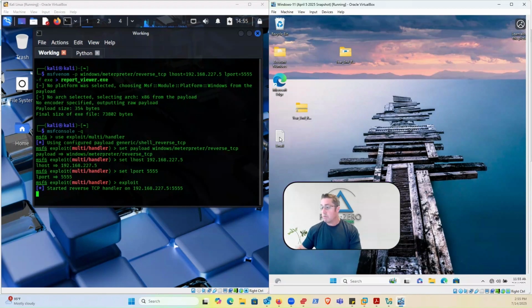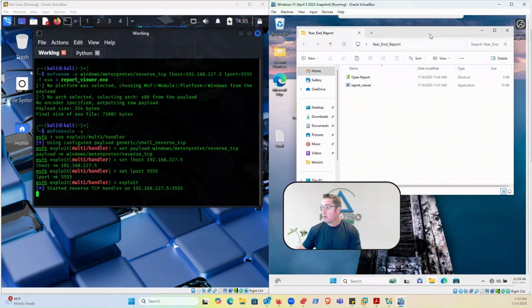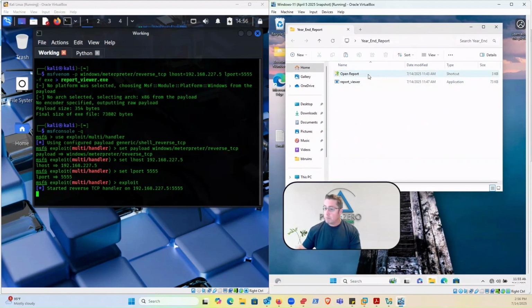Okay, so they're going to do the instructions, or hopefully complete the instructions of what the attacker sent. So now they downloaded the zip file, and once they open up the zip file, they've got their year-end report file. And then once the victim double clicks on the open report,